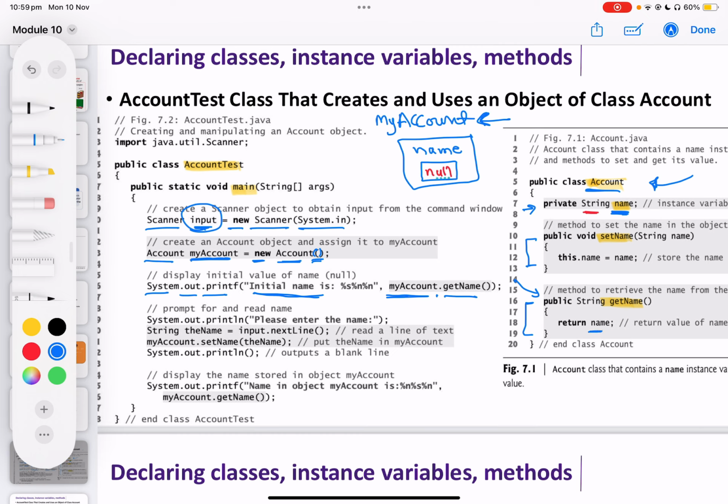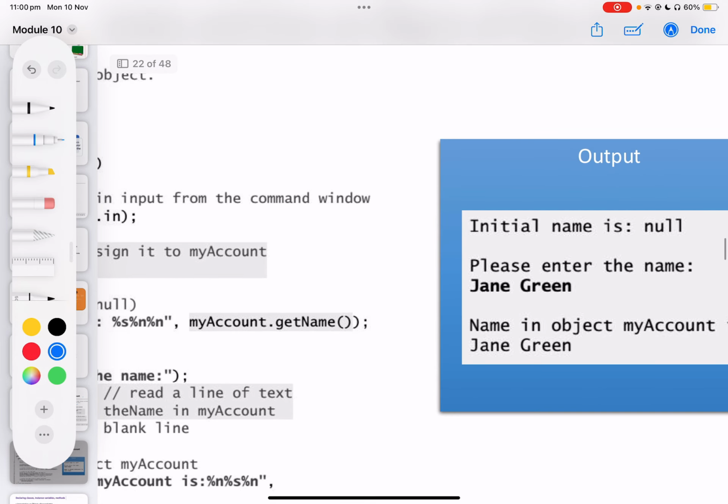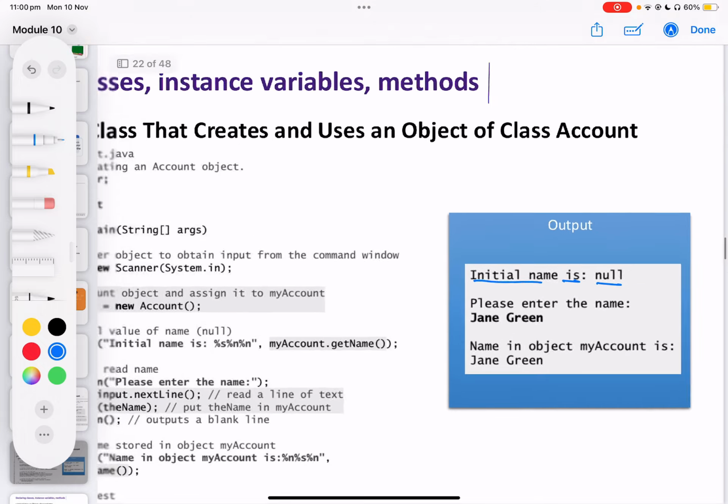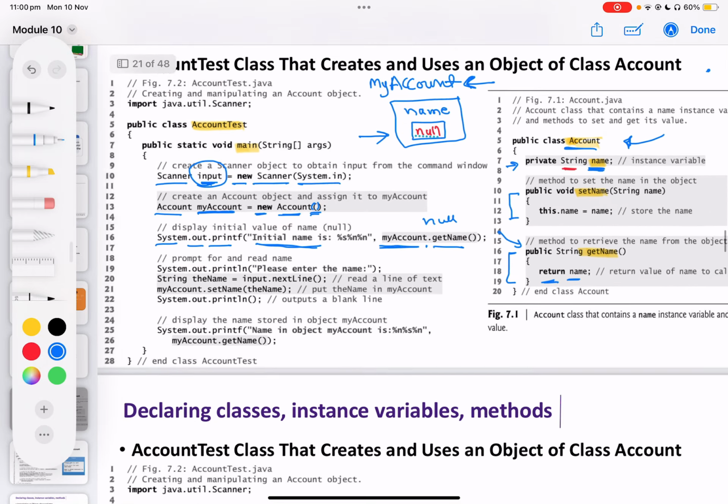Since the name is not initiated yet, the value that is inside the name is null. So I'm going to return a null here. So null is going to be printed. So this is the first line. Initial name is null. Let's continue. Now,